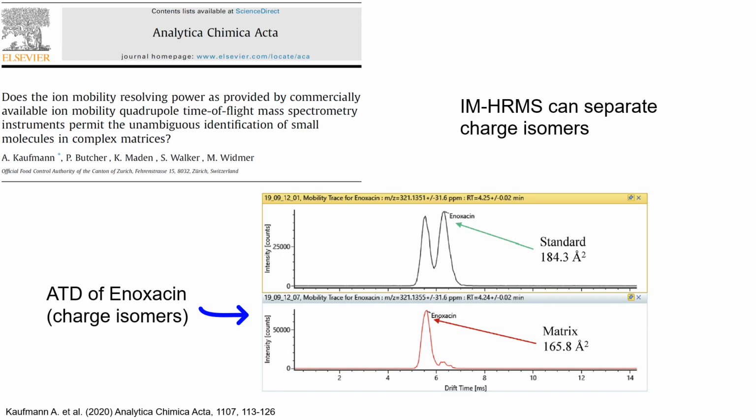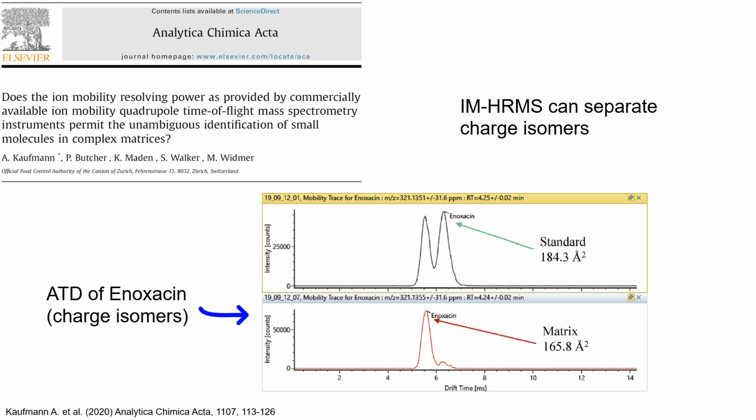On the other hand, it can also be a drawback if we do not consider these isomers at all and we treat them as just one peak when building a library of CCS values. If the matrix affects the charge or adduct, so basically the charge distribution or adduct coordination in a molecule compared to the same molecule dissolved in a pure organic solvent, which we use for building the library, then we can have a different arrival time distribution, which can lead to CCS deviation, which is not related to the lack of precision of the measurement,